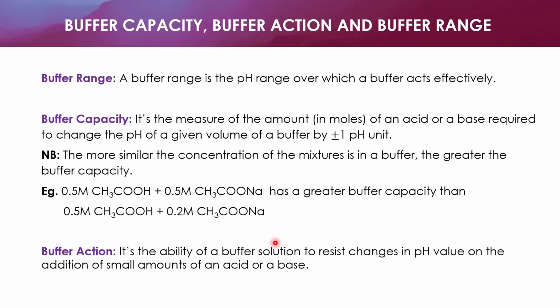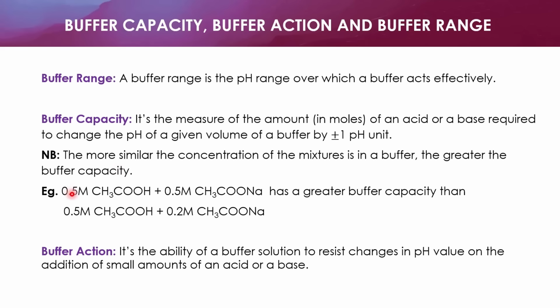And buffer capacity is the measure of the amount in moles of an acid or a base required to change the pH of a given volume of a buffer by plus or minus 1 pH unit. We should also know that the more similar the concentrations of the mixtures in a buffer, the greater the buffer capacity. Example, if we have a buffer made from 0.5 molar acetic acid and 0.5 molar sodium acetate,